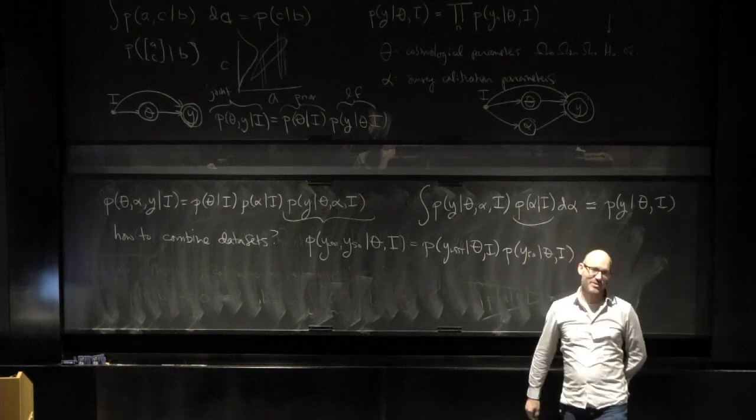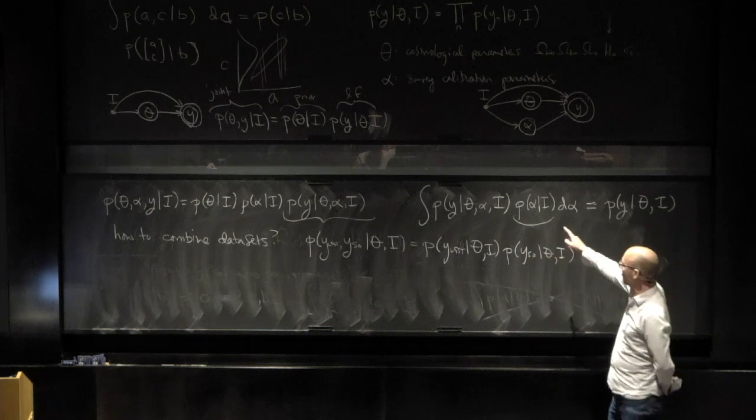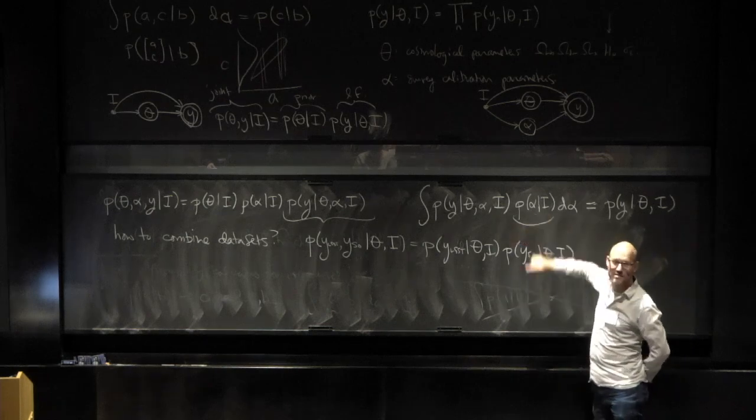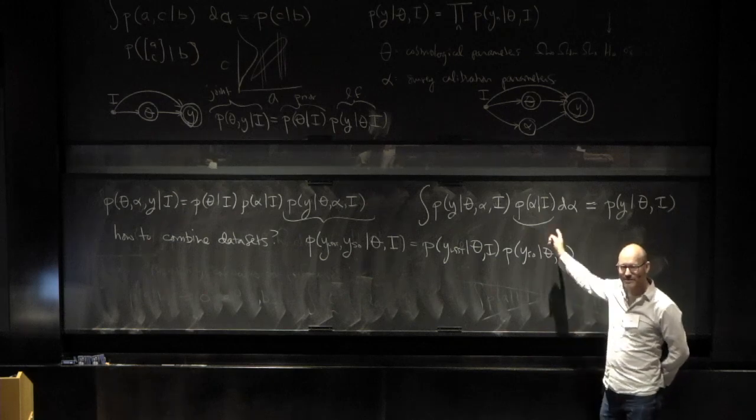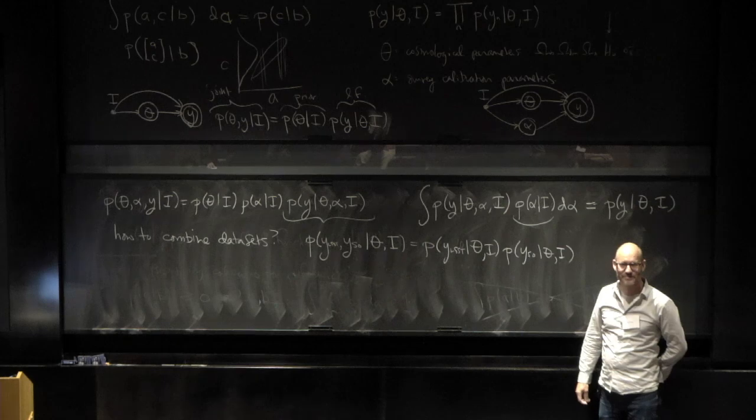And only a Bayesian can do that. A frequentist cannot do this operation because a frequentist does not have a prior on the parameters. So mathematically, a frequentist cannot do integrals,